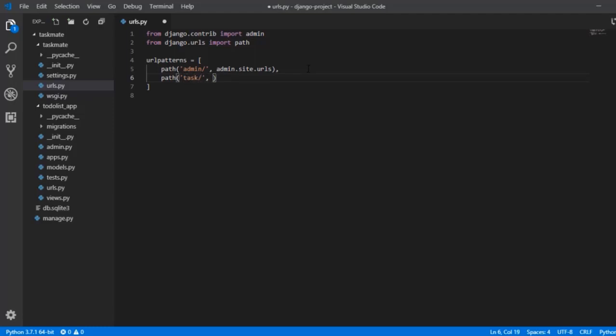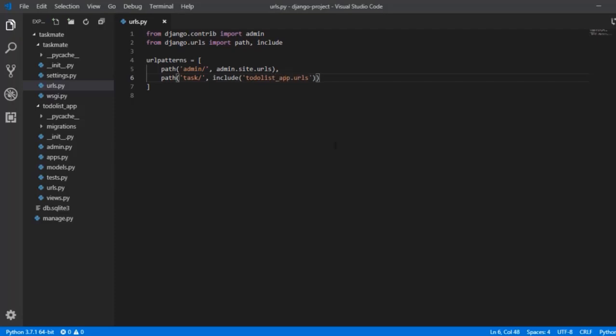And then here I need to redirect to my particular application, since this is the main project URL. So I just need to add an include and then mention which app I need to redirect to. Let me first import include. All I have to do is from django.urls import include. This will help me connect with the URLs of a different app, that is a Django app. Now I can use include and here I can mention which URLs I need to redirect to. So whenever I visit task, I need to connect with the to-do list app and then its URLs.